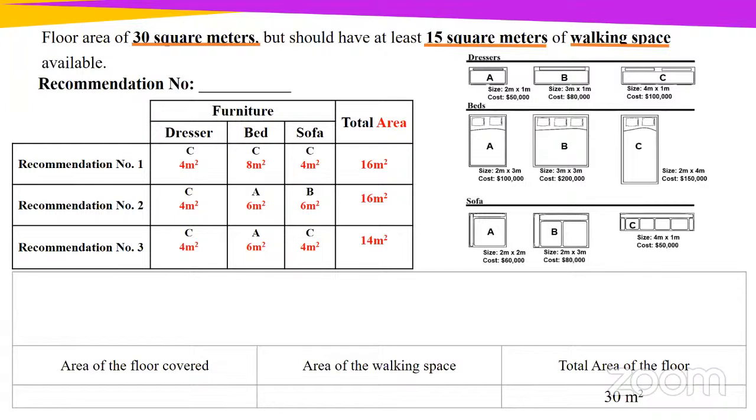We have the total area of the floor covered, based on the area of the furniture, and we have the total area of the floor. Now, what is it that we need to find? We have the area of the floor covered and we have the total area of the floor. What do we need to find? Let's go over to Amisha. Amisha, would you like to respond? Go ahead, Amisha.